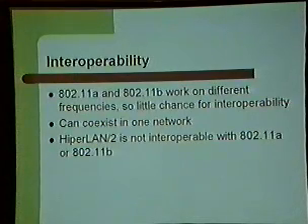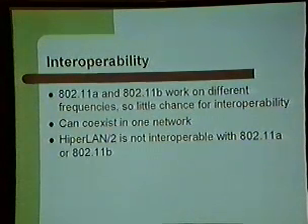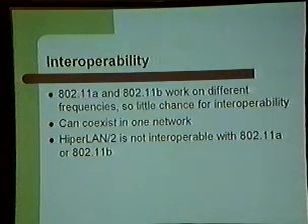So with all these standards, do they interoperate? No, of course. Nothing can talk to each other. 802.11a and 802.11b, since they operate in different frequencies, can't talk to each other, but they can exist on the same network. And I know some wireless vendors are working to develop access points that have both 802.11a and b antennas, so you can have those two standards working on one network. And LAN 2 is not interoperable with any of the 802.11 standards, so it will be interesting to see in the future which standard does become the worldwide standard, if any is chosen at all.